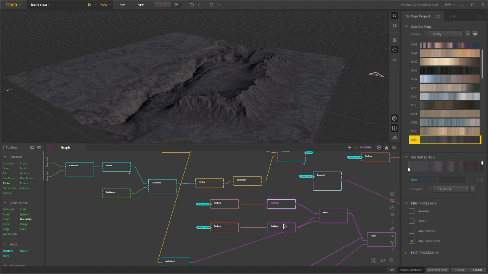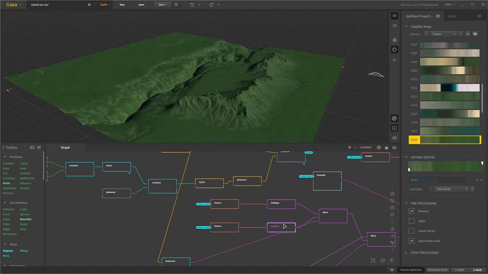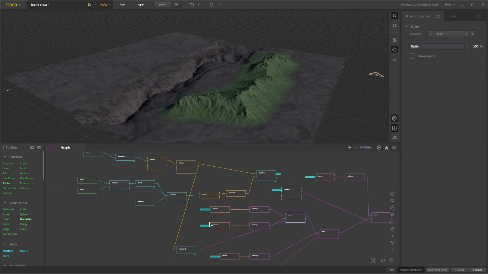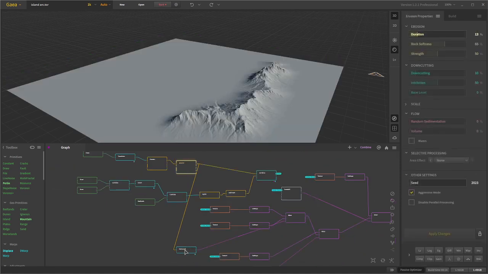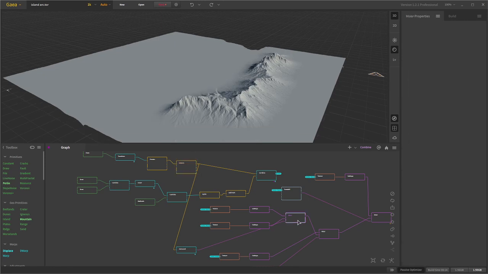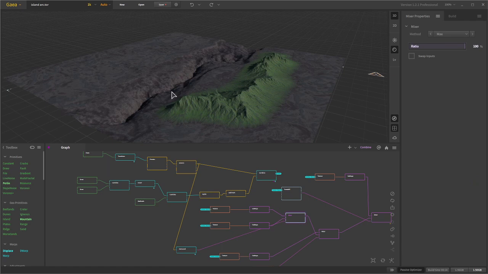The island arc up here, of course, again, is above the ocean, so naturally it needed to be green to give the sensation of some vegetation. And once mixed, this is the result, because I just added a mask from the final Erosion node up here, which then separated the seafloor from the vegetation, which is, of course, on the higher grounds.